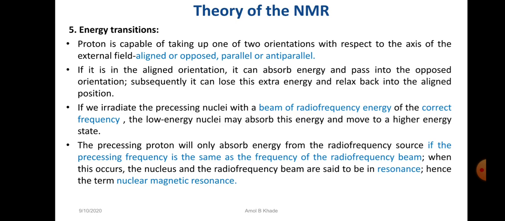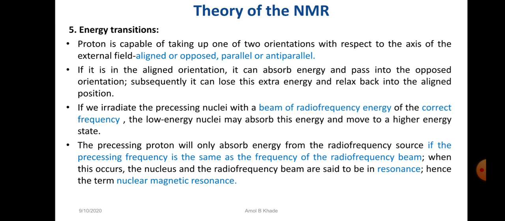Now the next point is the energy transition. As we have seen, the proton is capable of taking two possible orientations with respect to its axis under the influence of an external magnetic field, which could be either parallel to B0 or anti-parallel to B0. Now if it is taking the aligned orientation, it can absorb energy and pass into the opposed orientation, and